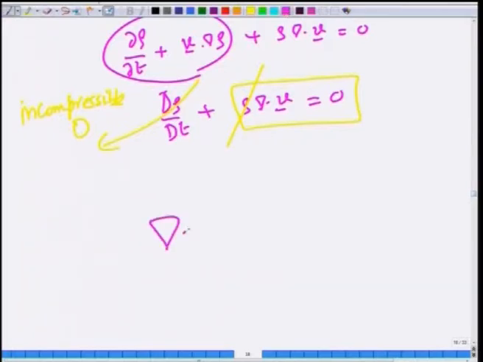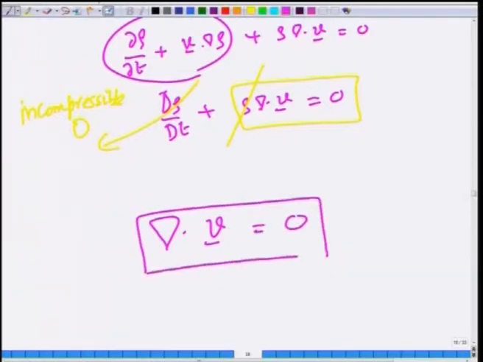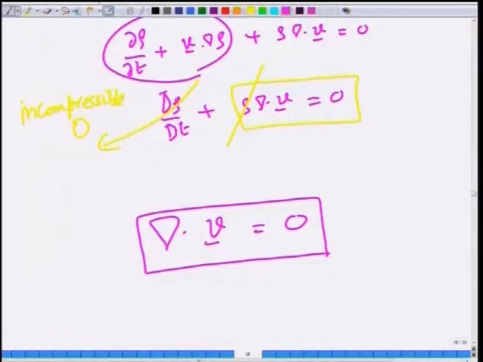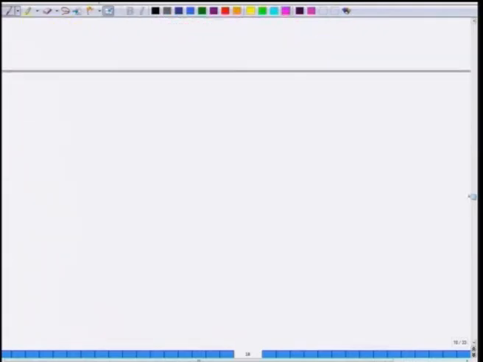boils down to simply saying that the velocity field, the velocity vector, which is a function of all three spatial directions and time, always satisfies that the divergence of the velocity vector is 0, that is, it is divergence free, for an incompressible fluid. Then we went on to derive the Navier-Stokes equation, the momentum equation,